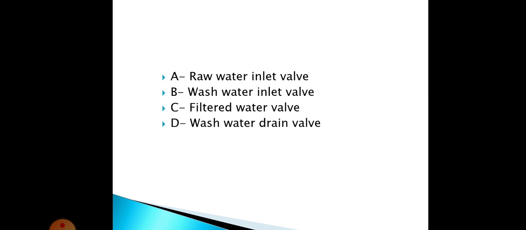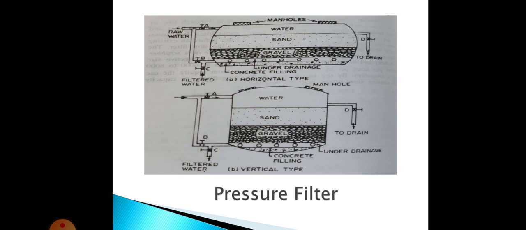These pressure filters are particularly advantageous for installations where the water is received under pressure, and no pumping after the filtration is required. Because the filter container is airtight, the filter may be placed on a pressure line. So it's completely airtight, and we can place this on a pressure line, and the only loss of head is that required to force the water through the filter.